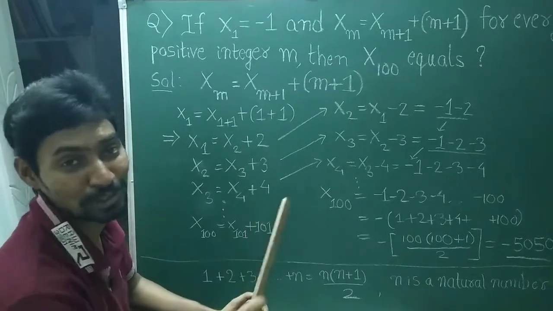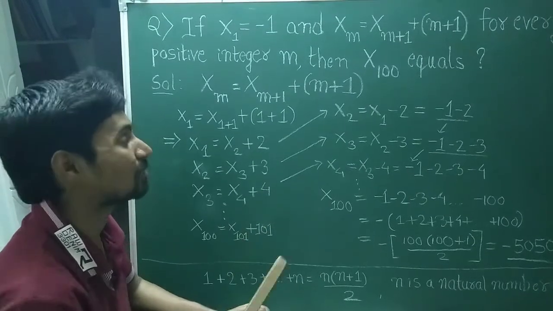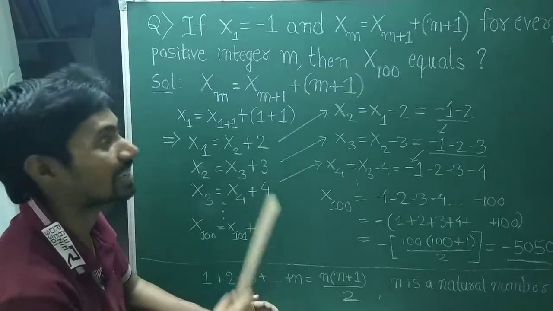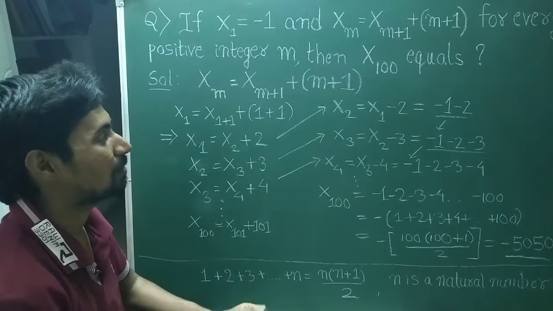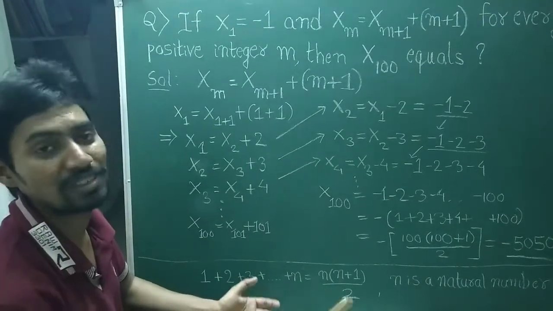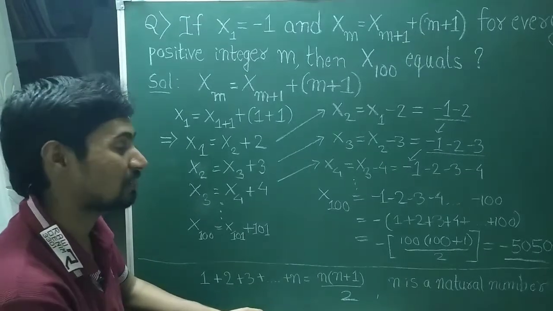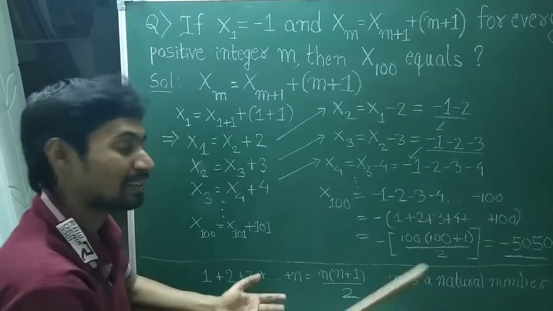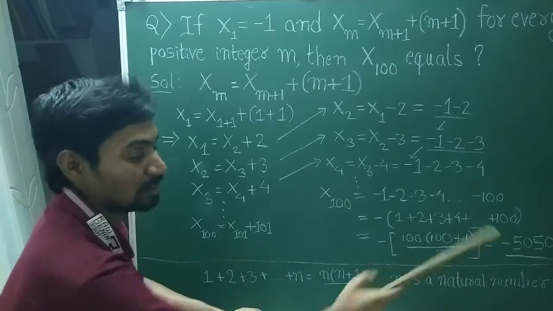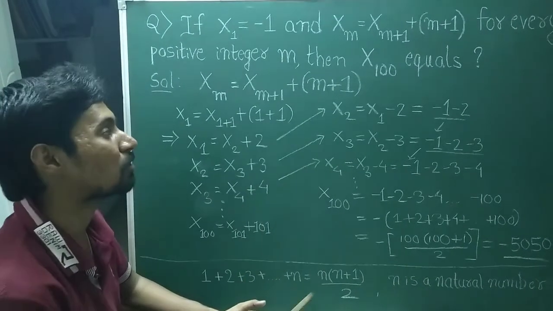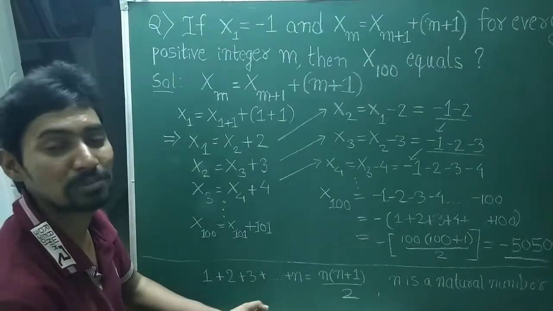This is a 2020 CAT question of slot 3. It's a CAT quant question. The logic is very simple. Even with common sense you can solve this. If you don't know this formula, and even if you don't know this logic, then you need to add this and you end up with this. But by applying a little common sense, you get this concept much easier.